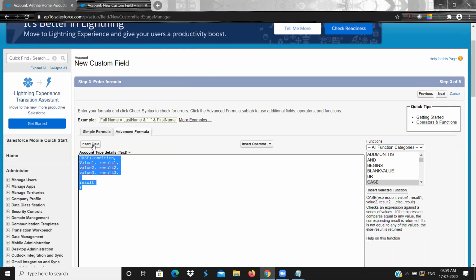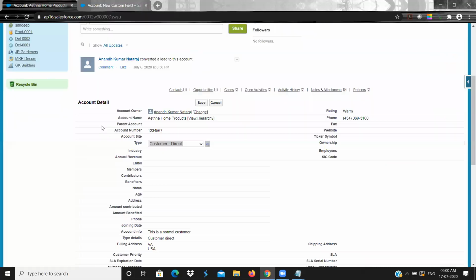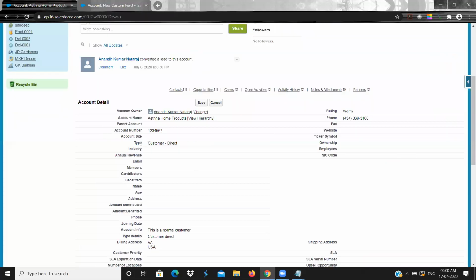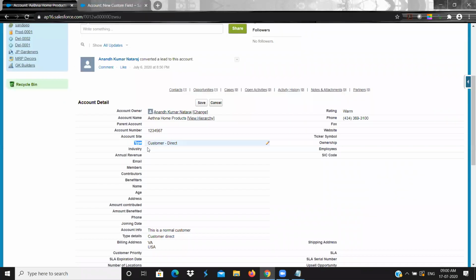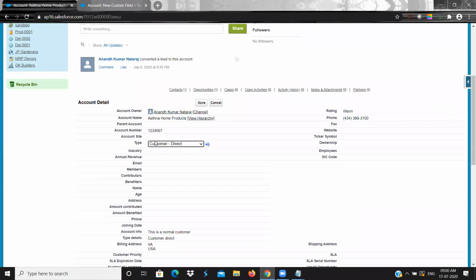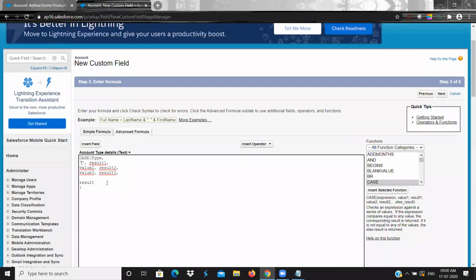So let us try to implement our functionality. What we are going to use is the type field. Okay, so type. So what is the value? The value that I am going to give, the first one, is prospect. What is the result I wanted to display? I wanted to display prospect customer. Okay.